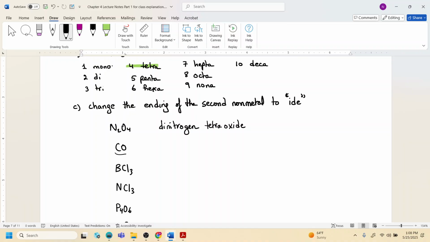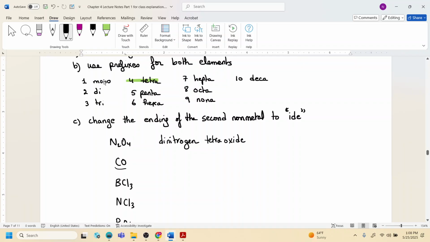This is the same thing. So the CO in there, CO is 1. So whenever you are starting with the first nonmetal to be just 1 atom, you don't have to say mono. But if the second nonmetal is 1 atom, you have to say mono. Okay? So we're going to drop the mono from the carbon there, and we're just going to say carbon. It doesn't sound right if you say monocarbon monoxide. See, it's just like carbon. So carbon means that it's like 1 carbon. You have 1 carbon, and then you have the mono